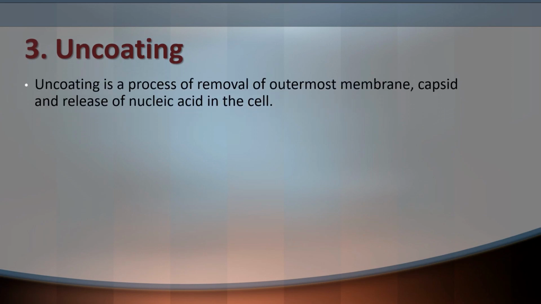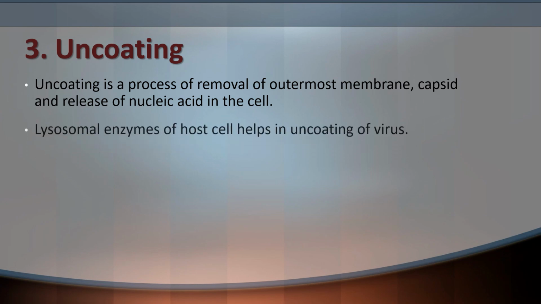Now, uncoating is a procedure of removal of the outermost membrane, the capsid, and release of nucleic acid in the cell. As we all know, some viruses contain an envelope, but all viruses contain the capsid. So here the outer membrane is considered as the capsid. In the uncoating procedure, the removal of this capsid is done and then the nucleic acid is released inside the